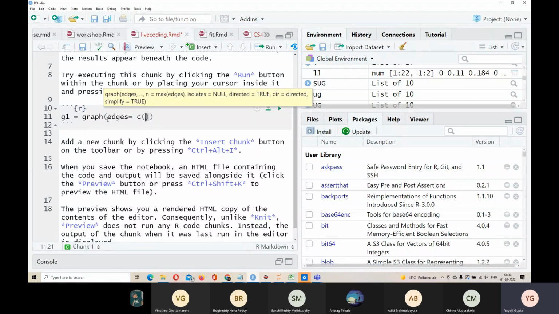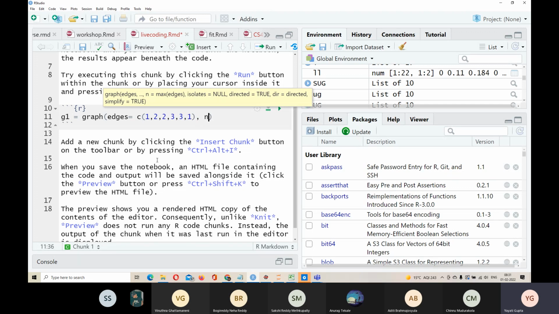So let's say I want to have an edge from node 1 to node 2. You can also see the function arguments here, right? It shows you graph, then you give it edges, then you can make some vertices isolated. So we'll do it slowly. So I'm passing a vector here. So let's say I want an edge from 1 to 2, then let's say 2 to 3, and let's say from 3 back to 1, right? So these are my edges.